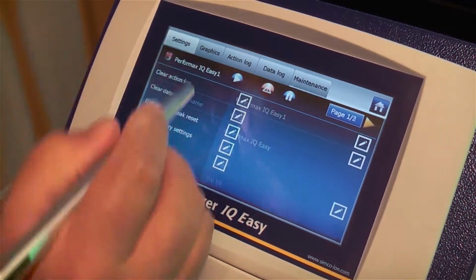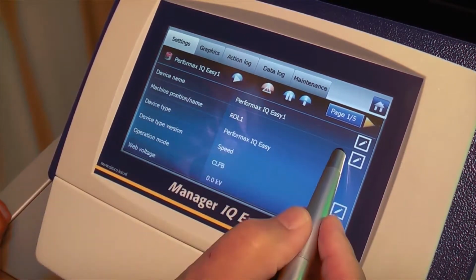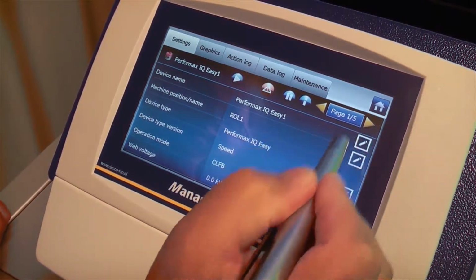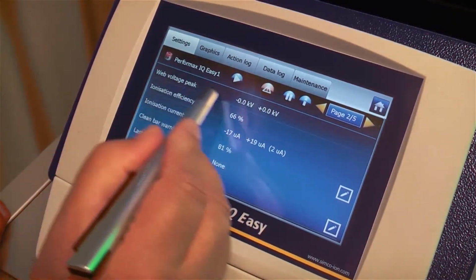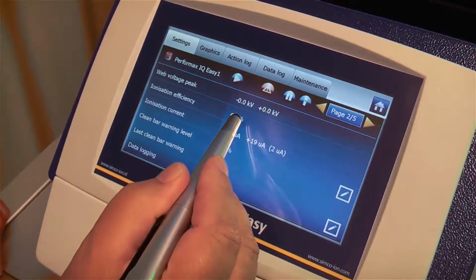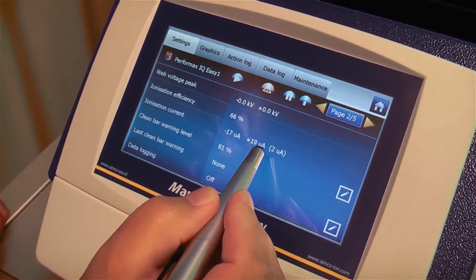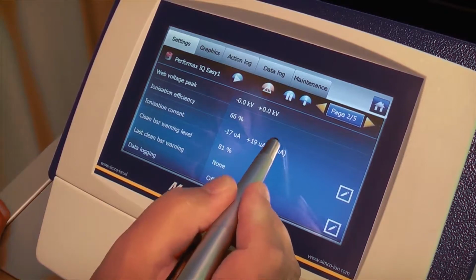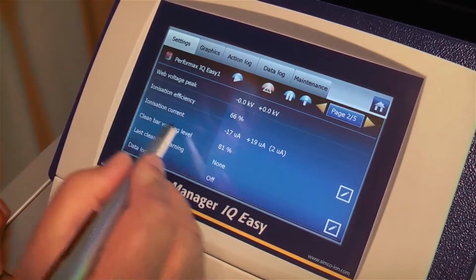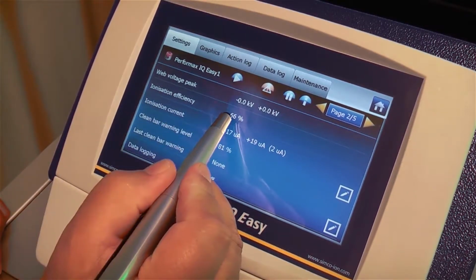When I go back to my settings, I can show you the next few screens that are available for the static bar. Here you see the web peak voltage, ionization efficiency, it's currently 66%. The ionization currents, -17 and +19, and the difference between the ionization currents is 2 microamps. The clean bar warning level is set to 81%, and you can see the actual